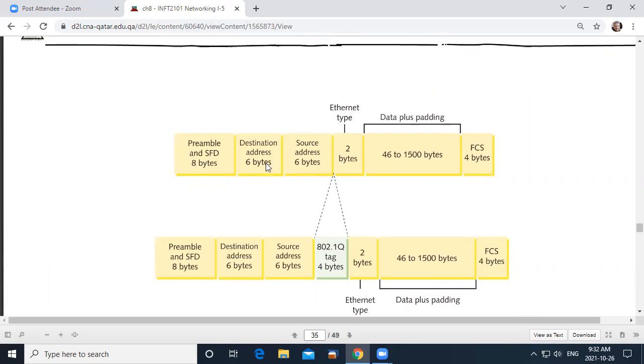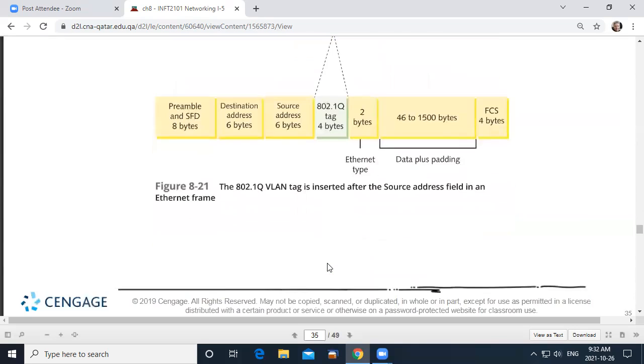So you can see that happening here. In the frame, we have extra 4 bytes that are added, and this is sort of VLAN technology, adding that extra little bit of information, which is basically identifying that this particular frame belongs to a particular VLAN.